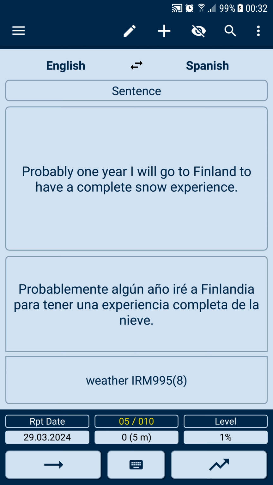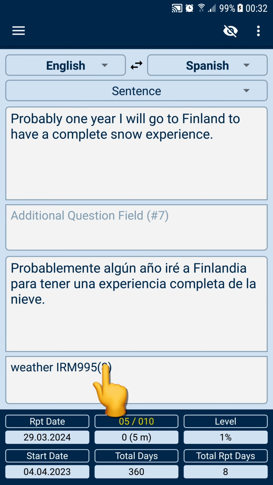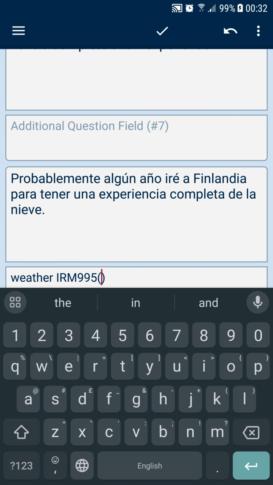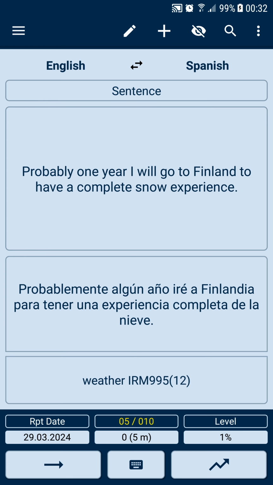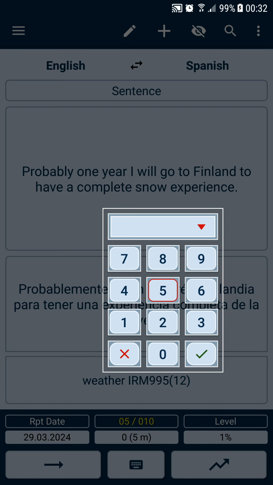If for any reason you want to change the future day interval for a page that already has the IRM label, you can do this in two ways: directly by changing the number in parentheses, or by using the interval keyboard. In this case, you need to type 993 and click the green check mark. The interval keyboard will display a message asking you to enter the day interval.